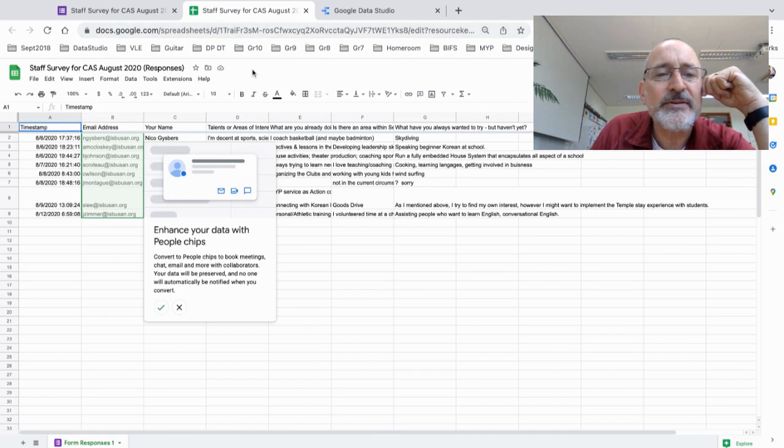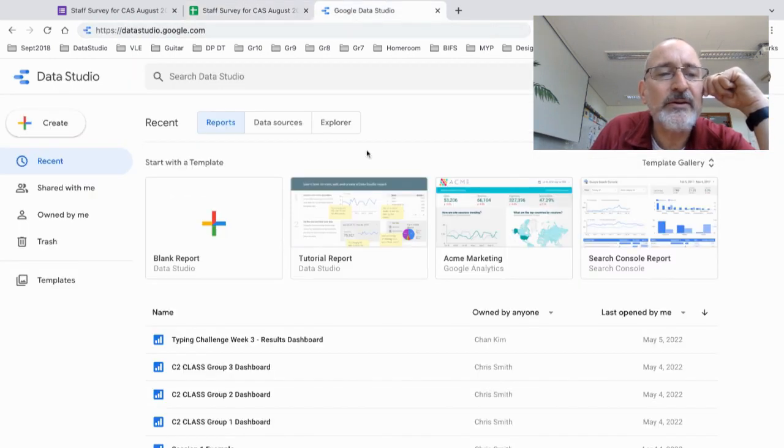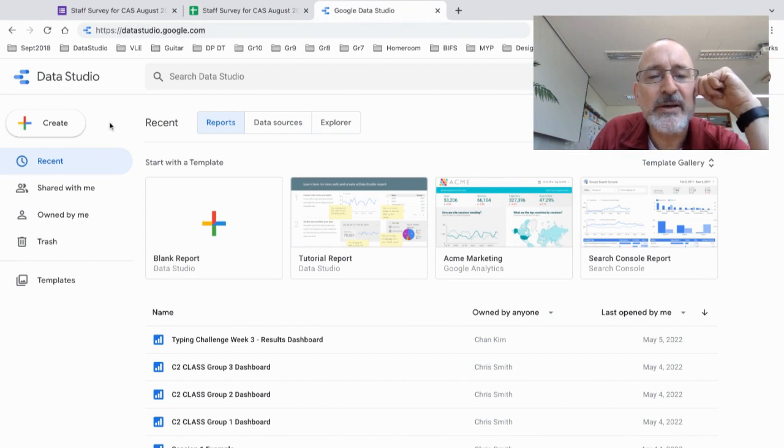Go back to DataStudio and you're going to create a new report within DataStudio because the reports are the fun part. They're the way that you can get different visualizations and screens of your data like these ones here in the template gallery. It's awesome and it really helps communicate your data quite easily and nicely. So you just go over to create and you do create report